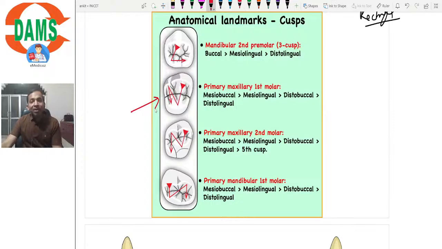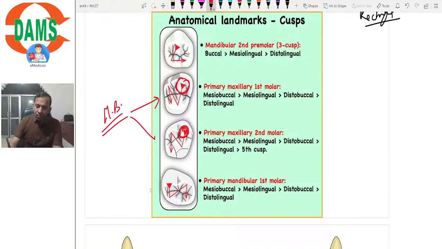In the permanent maxillary molars, the mesiopalatal cusp was the largest, but in the primary maxillary molars it is the mesiobuccal cusp that is the largest. तो ये डिफरेंस है प्राइमरी और परमानेंट में. ठीक है, mesiobuccal is the largest. यहाँ भी mesiobuccal is the largest and smallest in either cases would be distopalatal cusp. ठीक है, so apart from cusp of Carabelli, it is the distopalatal cusp that is smallest in primary maxillary molars,